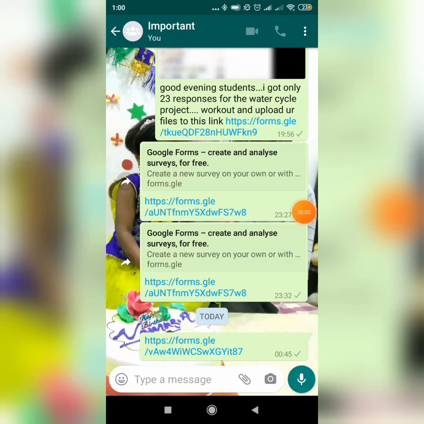Now, after uploading your file into the Google Drive, open WhatsApp and click on the form link where you have to submit your answer sheet.